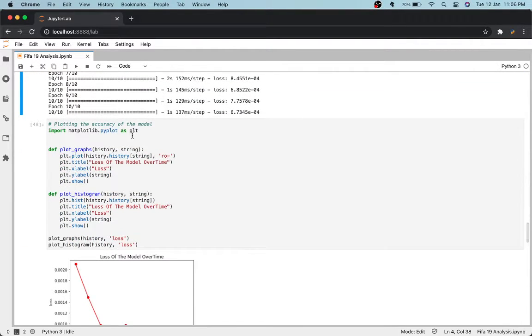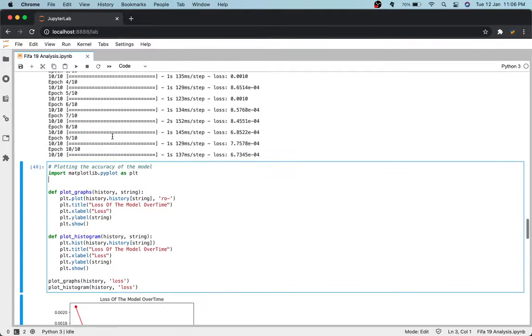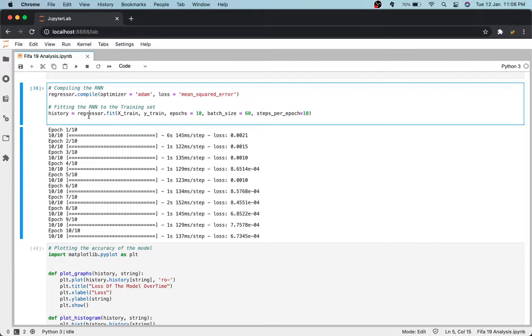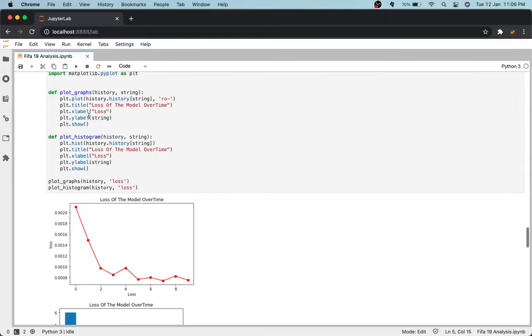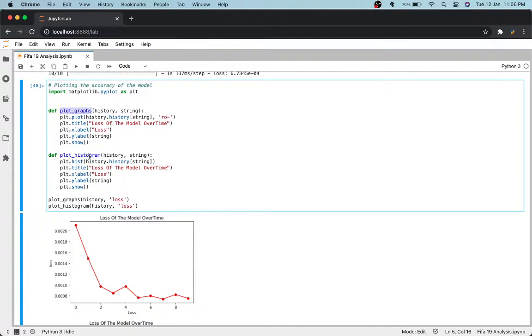Then I've just plotted the accuracy of the model over time. Now you might be wondering how I did that. What we do is we basically put all of the fit parameters of our model into history, and then we can plot all of the things that we want about the model using matplotlib. So I made two functions, plot graphs and plot histograms, which will plot the loss of the model over time.